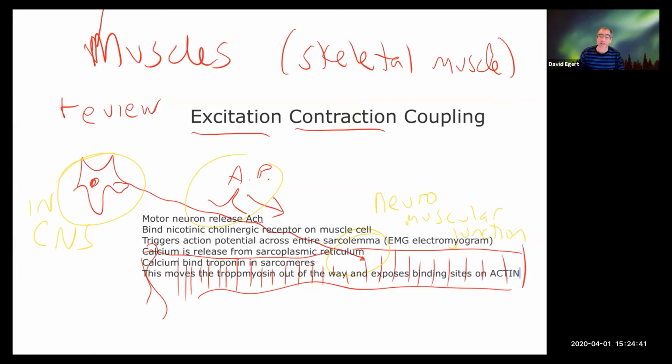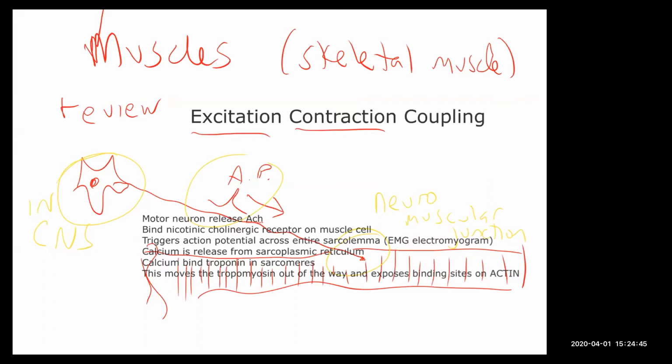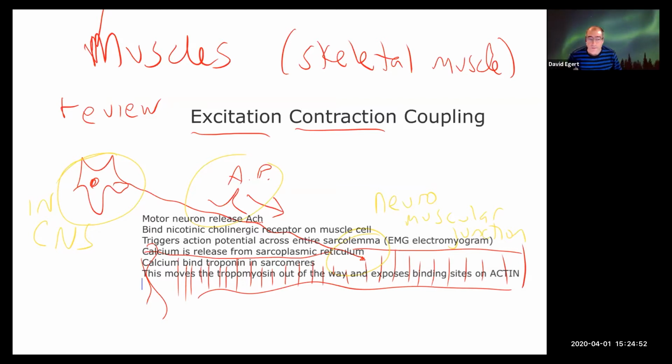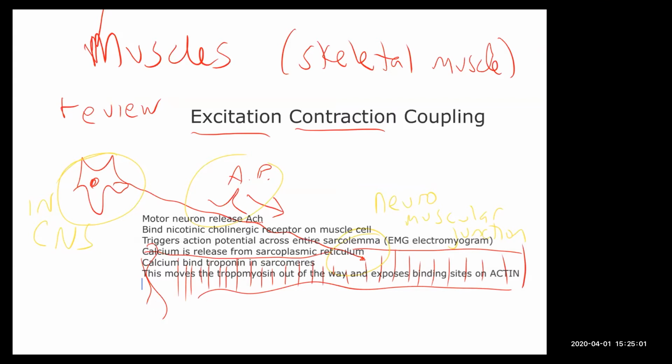Again, actin is the thin filament in the sarcomere. And you said the tropomyosin binds to both the actin and the sarcomere? Tropomyosin is kind of in the little groove blocking the binding sites on the actin, and the troponin is grabbing